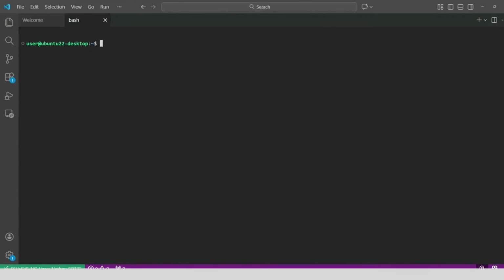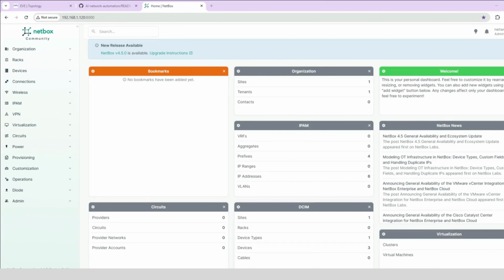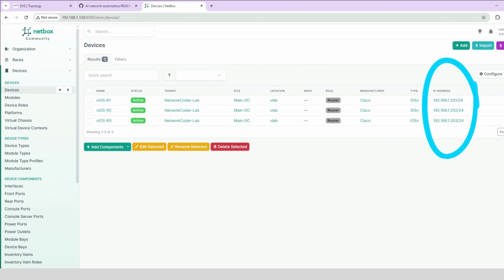Alright, first things first, let's make sure that NetBox is running. I connected to my NetBox server via VS Code remote. All the containers are up, so let's check the UI access. NetBox is accessible. You can see all our devices with their primary IPs assigned. This is important. Without a primary IP, the inventory plugin won't pick them up. I have covered the device setup and auto-discovery in our previous videos. You will find that content in the playlist.